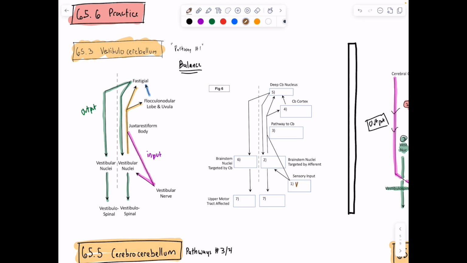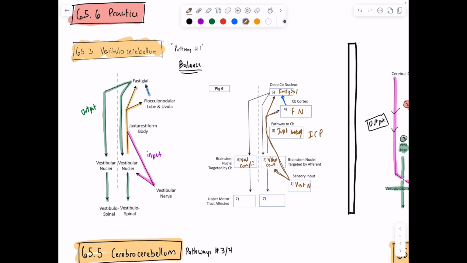So you have your vestibular nerve, which comes off the vestibular ganglion, whose dendrites go into the ear for balance input. Then this can go directly to the juxtarestiform body, or through the juxtarestiform body, which is part of the inferior cerebellar peduncle, and then up to the flocculonodular lobe, and then it could go directly to the vestibular deep cerebellar nuclei. All right, and then you could also go from the vestibular nerve to the vestibular nuclear complex,